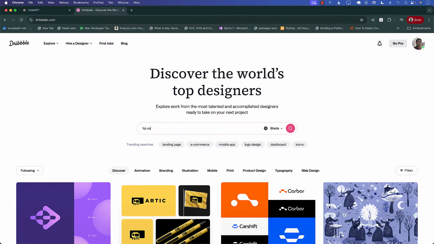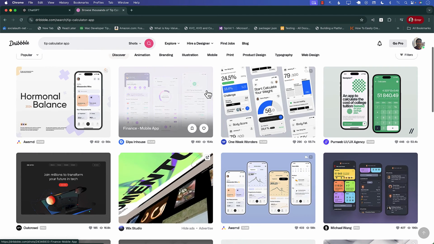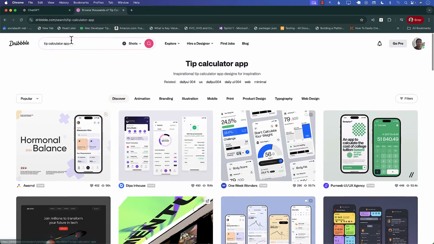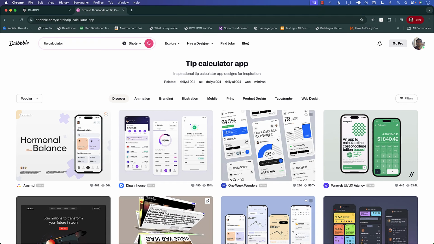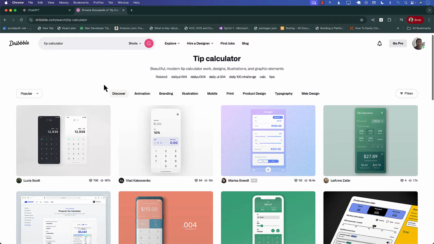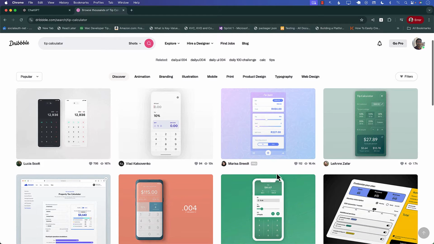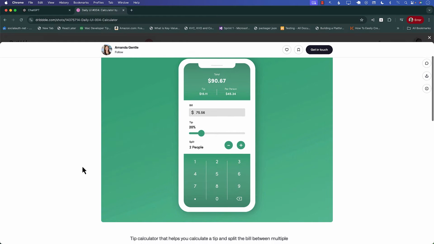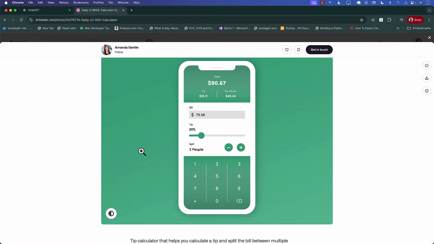So I'm going to say tip calculator app. Okay, so there are a lot of tip calculator apps and they are really good looking. It's just a basic tip calculator. Okay, so let's go with the craziest design I can find, right? I mean, or the simplest one. Okay, so let's take this one because this is kind of similar to what we are trying to do. There's no split or anything like that,